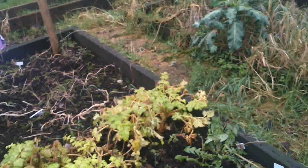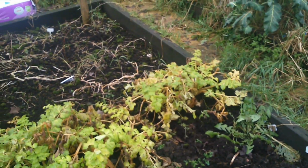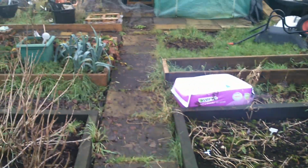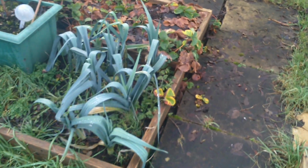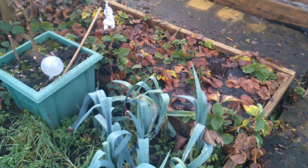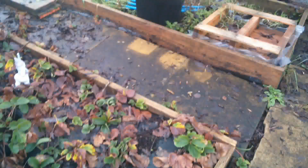In this bed, got some celery left, looking very sad for itself now. I don't think that's going to be worth retrieving. Some leeks, there's 10 leeks in there, which are coming on quite nicely, nice and strong. No real sign of any rust, no sign of any insect damage or anything like that, so that's quite handy. Rhubarb,